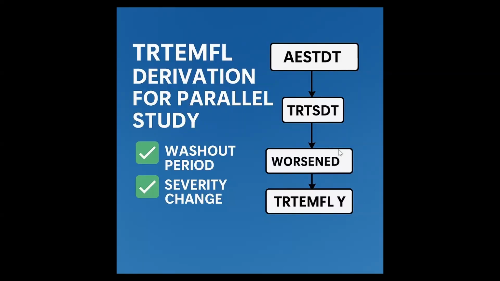In today's video, I will be talking about the SAS code which we can use to derive the treatment emergent flag in adverse event dataset for a parallel study. In this video, I will be talking about the parameters which will impact this derivation, but since this is more focused on the SAS code, I will be talking about these parameters from the SAS code point of view